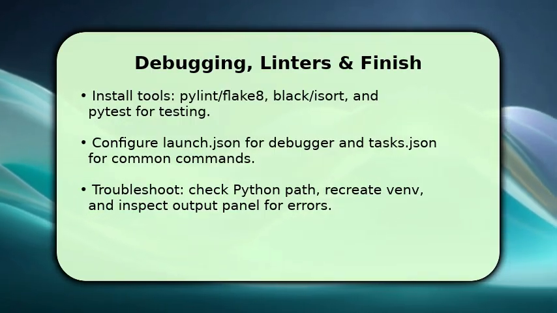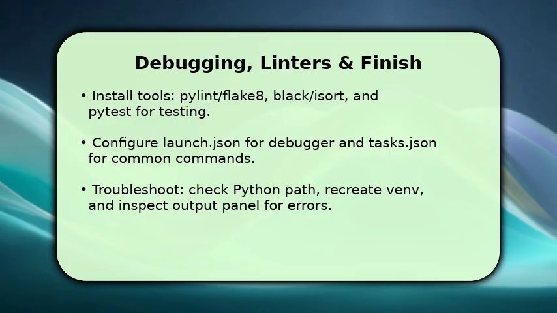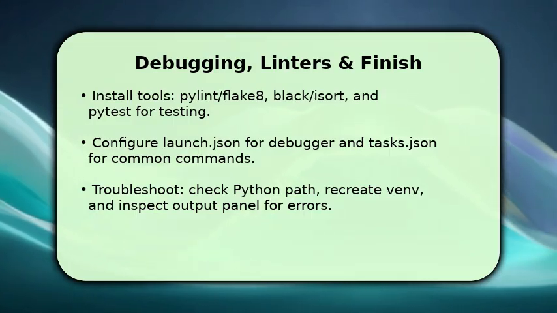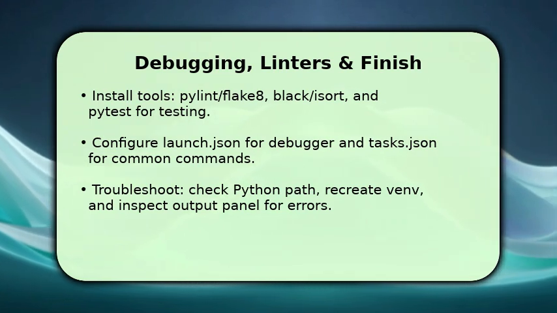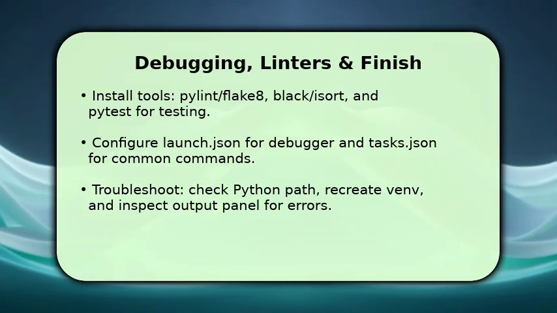If something goes wrong, first verify the selected interpreter path, recreate the virtual environment, and check the VS Code output and Python logs for clear error messages. That usually